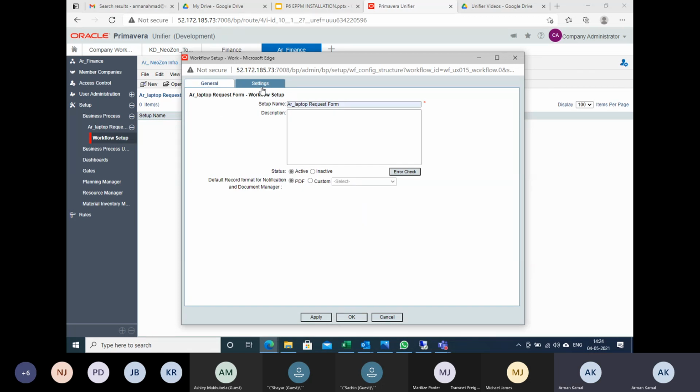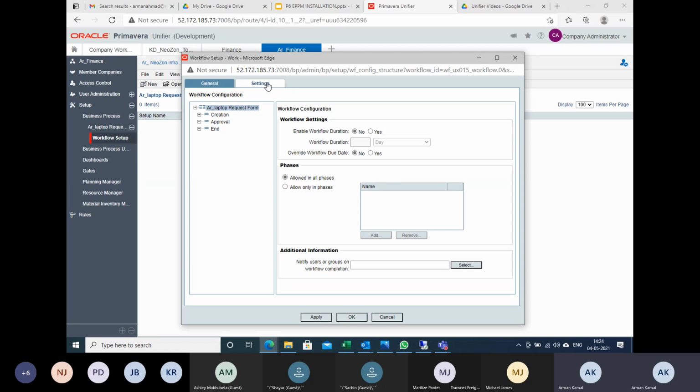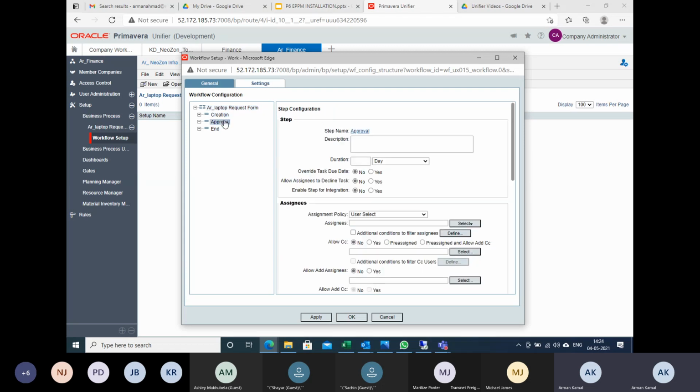Okay. Now once it is made active, you have to go to the settings on the top. Okay. And for each step of approval, you need to define who is going to initiate and who is going to approve. So what I'm doing now, I'm just giving access to the Oracle shell, and I'm going to define who will be requester, who will be the reviewer, and who will be the approver or rejecter.